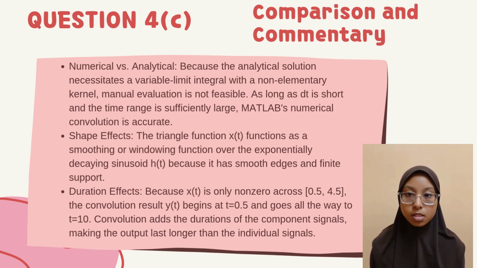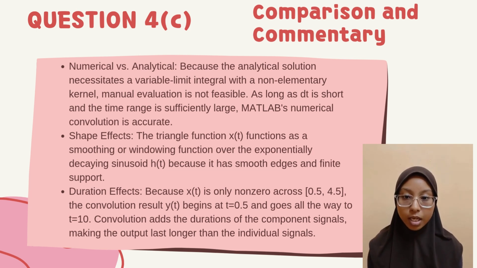For question 4c, this problem involves finding the convolution of two signals. The triangular pulse is non-zero between t equal to 0.5 and t equal to 3.5, while the sinusoid starts at t equal to 0. Analytically, convolution is done by integration, the product of one signal and a time reversed shifted version of the other. However, due to the sign function and the triangle piecewise shape, the integral cannot be solved easily